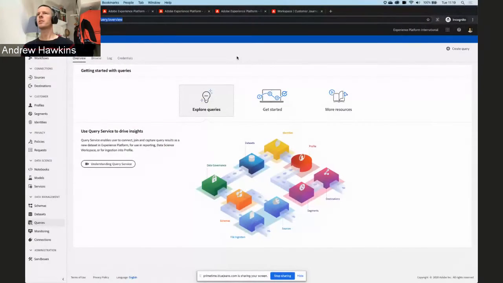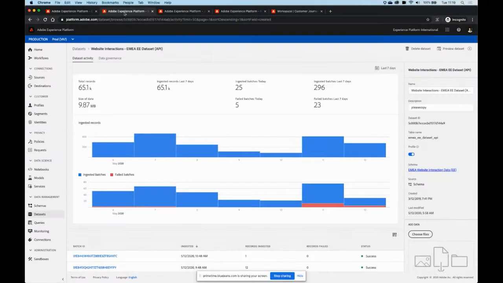Thanks, Wouter. What we'll do is start by going into the user interface of the Experience Platform. As you can see here, this is the query overview that we're in now. We'll be able to browse our queries, see the log and the credentials that we need to connect into the query service. Before we do that, I'd like to start by going back to the Datasets tab,